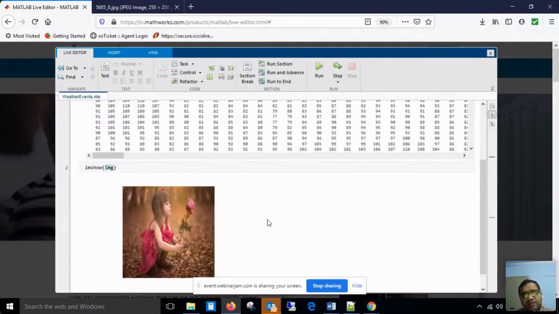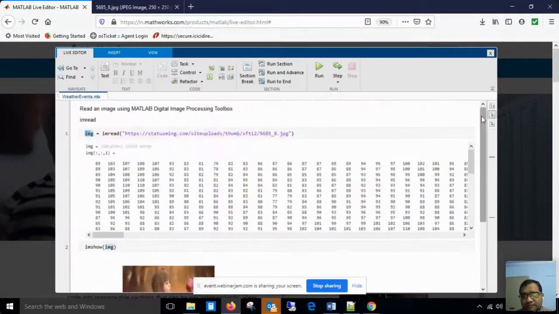Keep in mind, whenever you start with image processing functions in MATLAB or in any other tool, the very first task is to read the image and ensure that you have read the image correctly. The first function that we have seen was imread. In imread, you have to pass the path of the JPG file. If you are using MATLAB locally, you can provide the path of a local file.